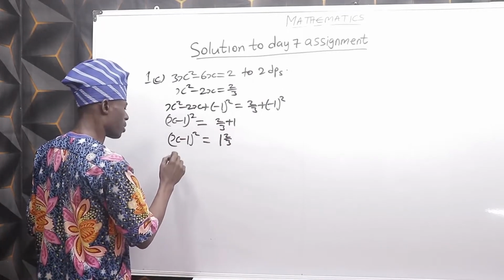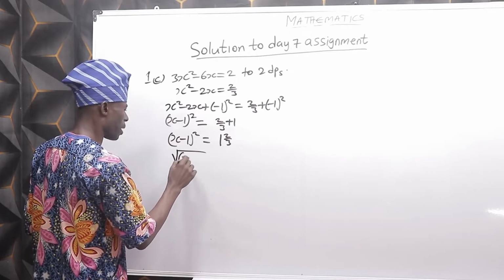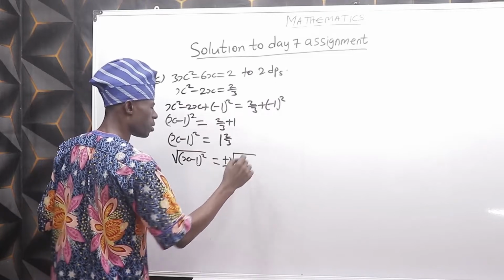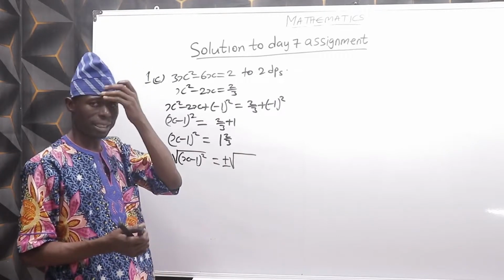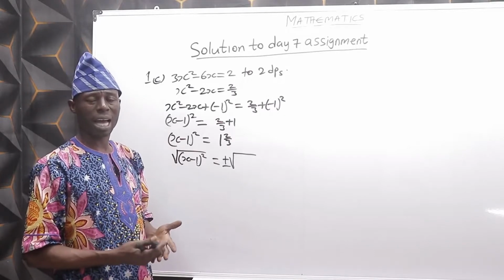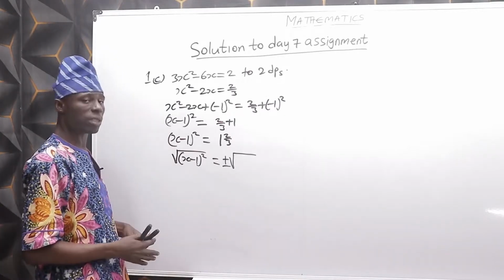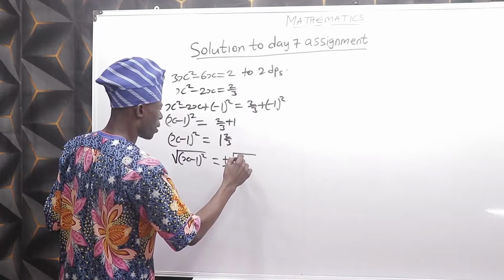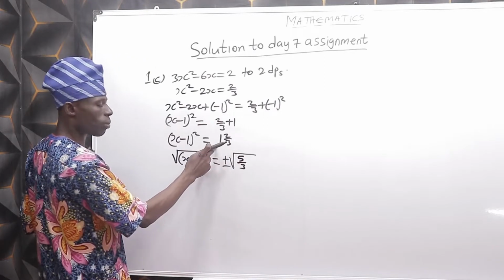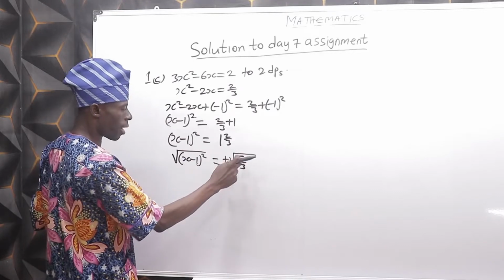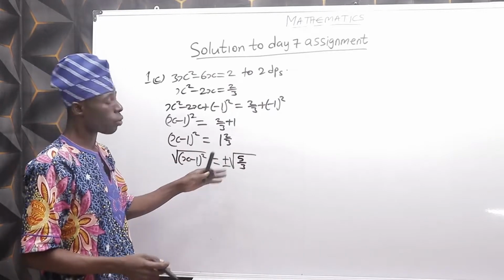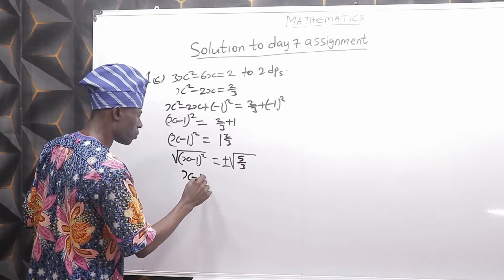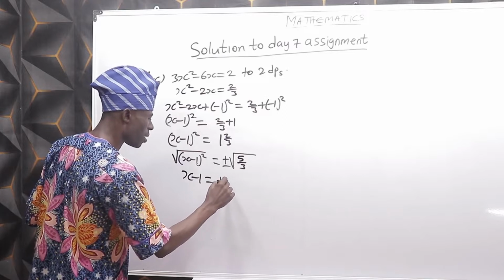So take square root of both sides. x minus 1 equals plus or minus square root. The reason why we put plus or minus often in quadratic is we have to get two answers. And our two answers, they may and they may not be of the same sign. So we put plus or minus 5 over 3. 3 times 1, 3 plus 2, 5 over 3. I convert this mixed number to improper fraction. So this gives us x minus 1 equals plus or minus square root of